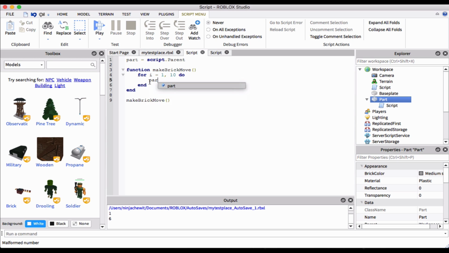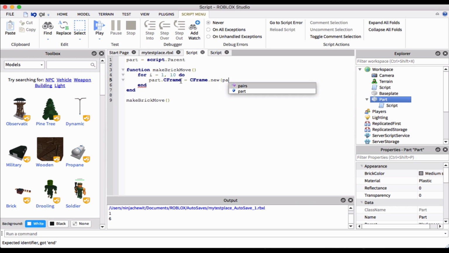So we're going to go ahead and say part.CFrame. Now we're going into the CFrame territory right here. So yeah, we're going pretty hardcore right now. Part.CFrame dot, what do we say? Oh, no, sorry, we don't say dot. Part.CFrame, we're saying we want to manipulate the part's coordinate frame property, which, like I told you guys, is both where it's located in the map and its rotation as well. So we're going to say